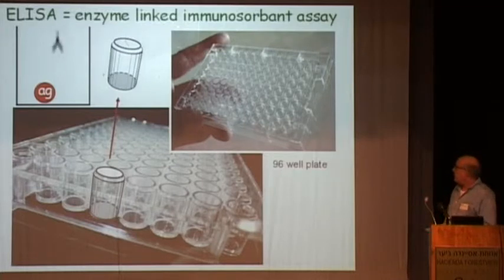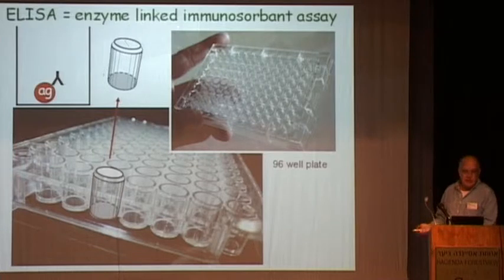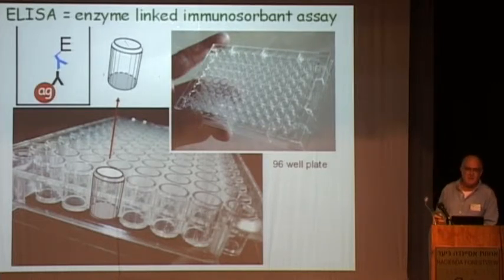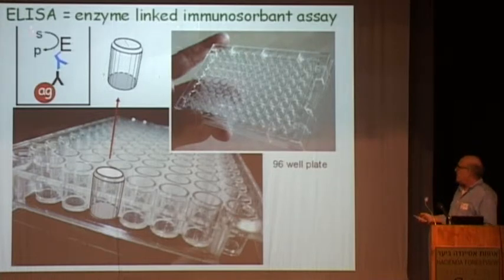And then we subsequently take a sample of human blood or animal blood, which contains the antibodies. The antibodies recognize and bind their corresponding epitopes on the antigen. And then we add another antibody, which is goat-derived and specific for human antibodies. So we have a sandwich structure, but the goat antibody is linked to an enzyme. So if we introduce the substrate of that enzyme, it will generate a product, which is usually a color,